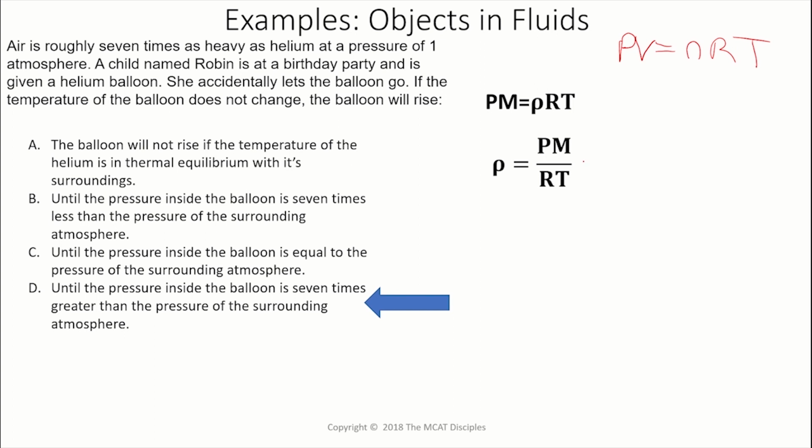Okay, PV equals nRT. This is equal to what? M over V. Mass over unit volume. PV equals nRT. The temperature is being held constant, so PV is a constant. And, okay, if you increase pressure, what happens to volume? De facto, it decreases. And if the volume decreases, what happens to density? The density increases. When the density of helium increases to equal that of air,